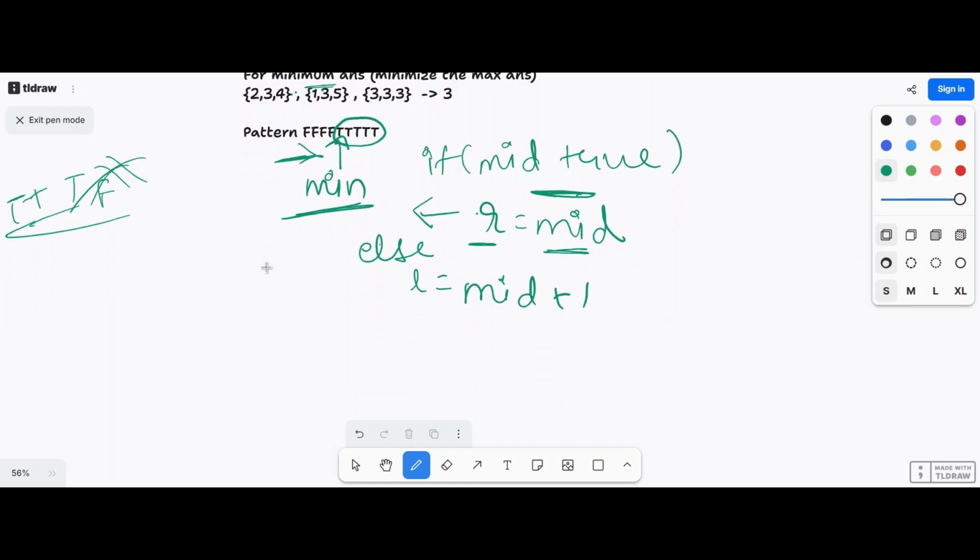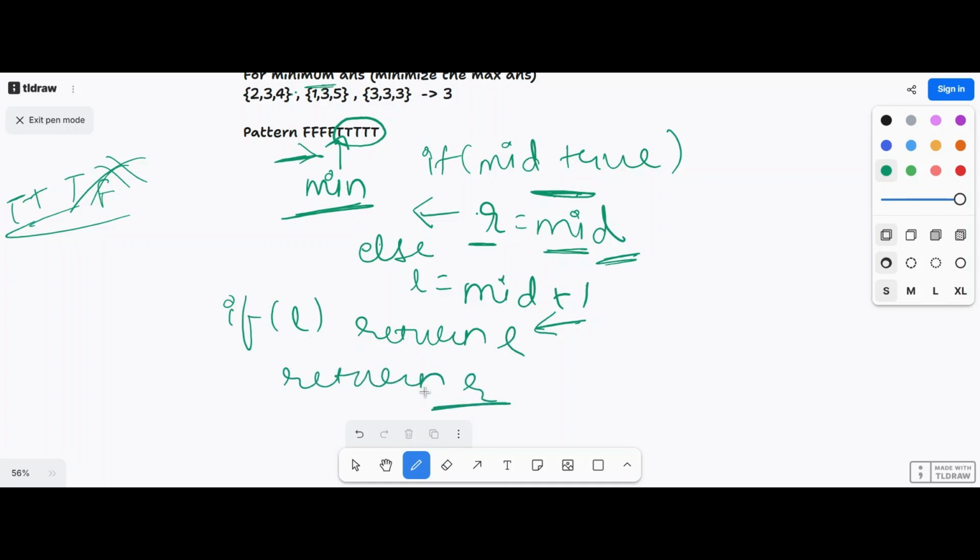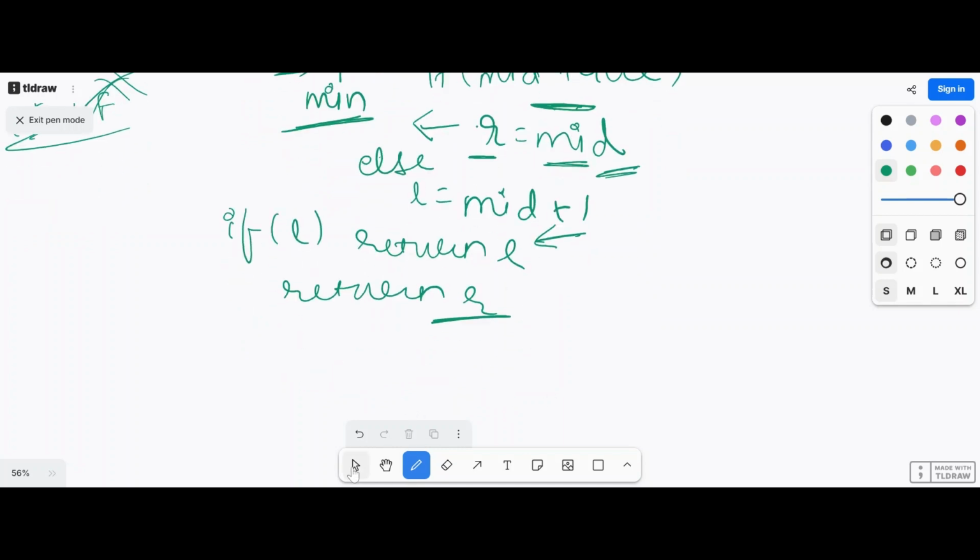So your code will be like this, and I have already told you, for the template which we are learning, r will stay at mid and L will go to mid plus 1. After you come out, we are left with the two conditions, L and R. As we need to return the minimum, we will first check for L. If L satisfies the condition, we'll return L, otherwise we will return R, because we want to return the minimum answer. So the template for this will be,